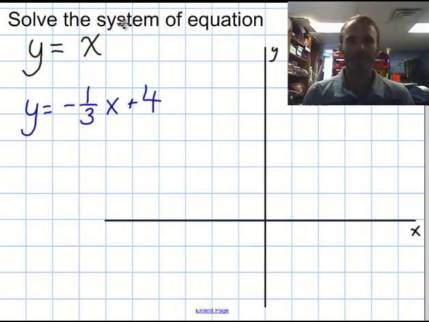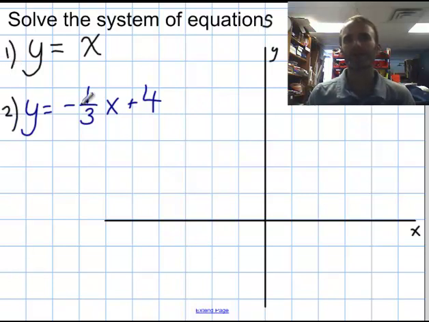Let's look at an example question. So our objective is we're trying to solve the system of equations. So this should have an S on the end. And here are my equations. So here's the first one and here's the second one. So we're given two equations and we want to find the point, the xy coordinate that satisfies both of these